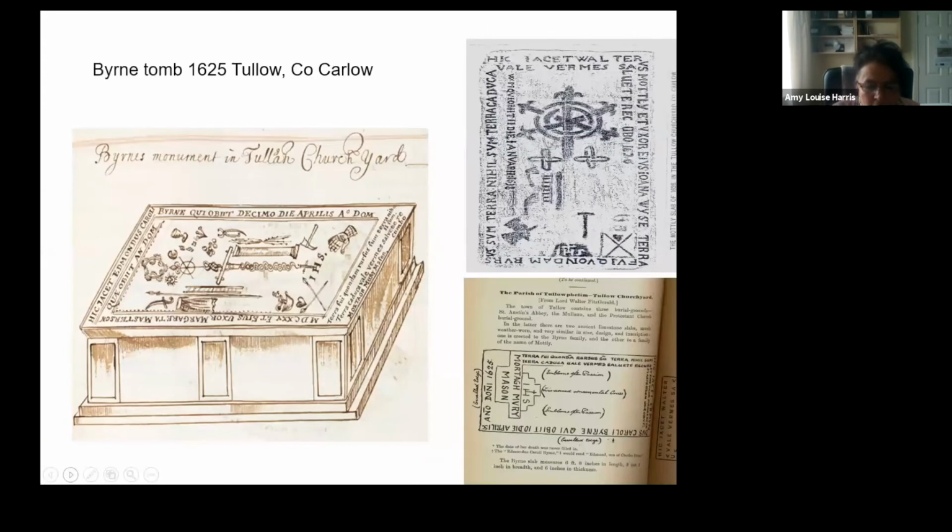Dingley also records the names of sculptors, and this memorial, which you probably saw in the ad for the paper, is in, well, I don't think it exists anymore. It was in Tullow in County Carlow. I attach later drawings or later recordings of it by the Society for the Preservation of the Memorials of the